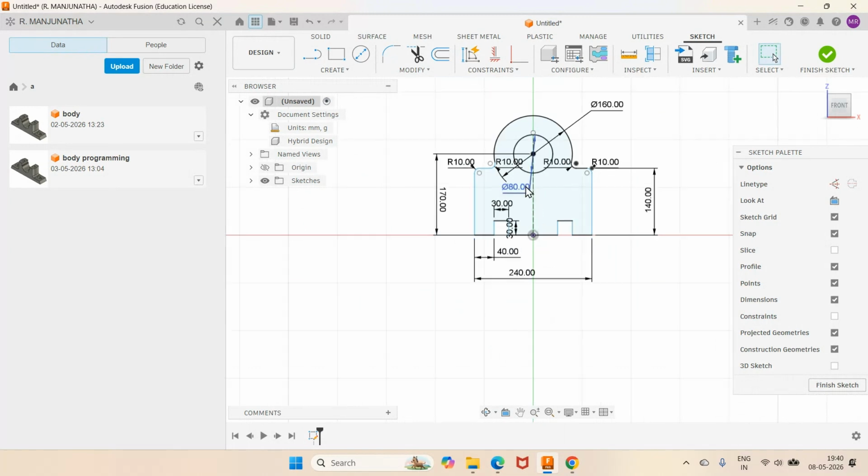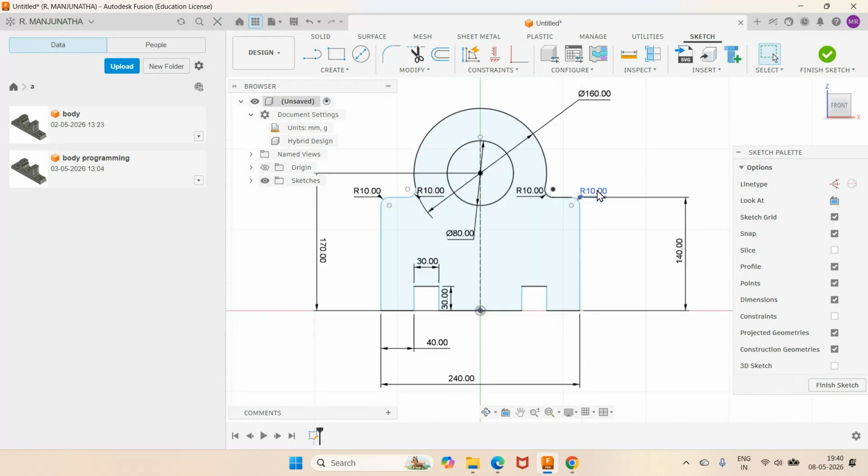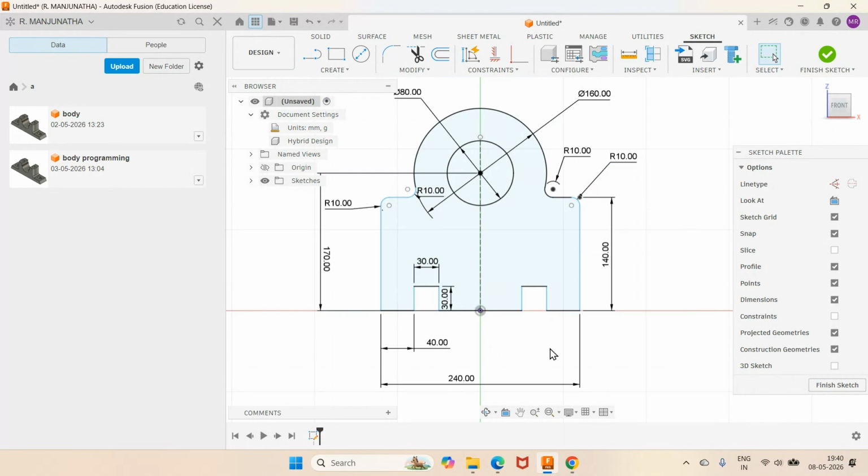So now I will just take it out and I will keep it here. Then I will keep this here. Okay, then this diameter is 80. So I will take 140 here. So this is how you will be able to constrain the sketch both dimensionally as well as by using the geometrical constraint. Now let us